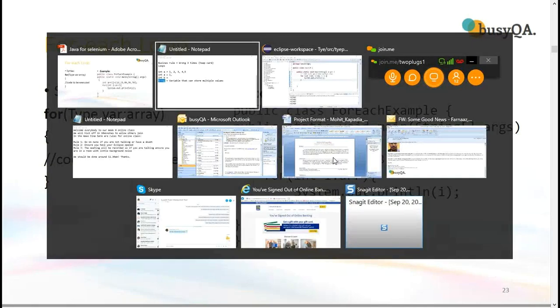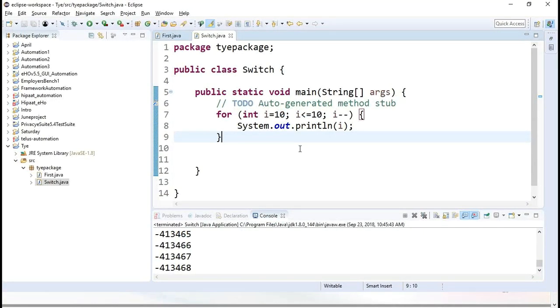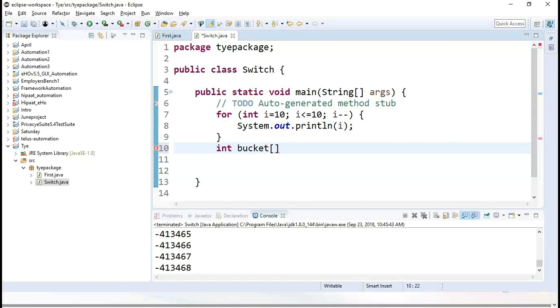So let's create an array quickly in Eclipse. So I can say an array integer. I can call it maybe a bucket where I want to store so many things, and I'll do this. Now Java knows, okay, this guy's trying to create an array. I can now provide the values for my array. So I can say the first one is number 1, the second one is 2, the third one is 3, the fourth one is 4, and 5. I can keep going. 6, or 5 again, 6,